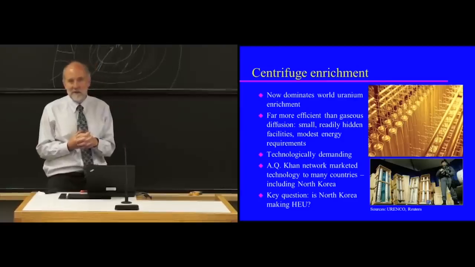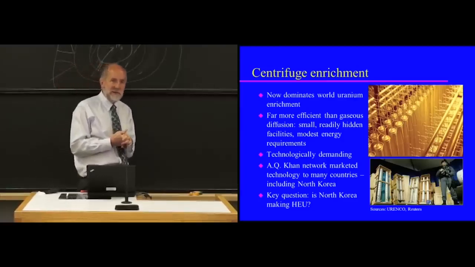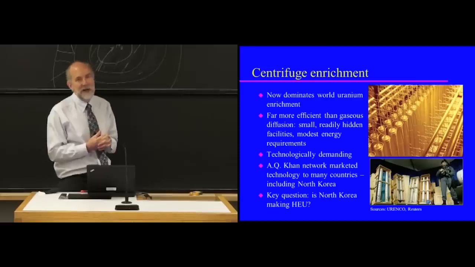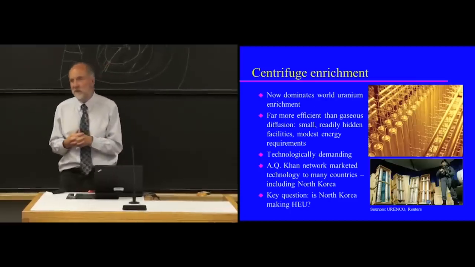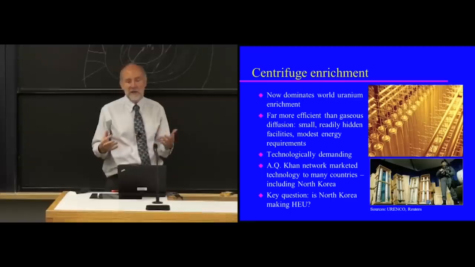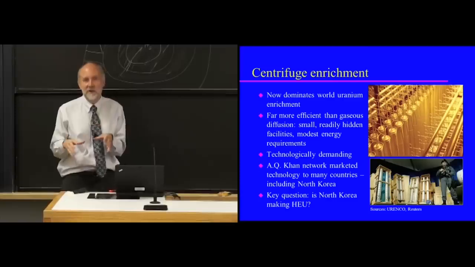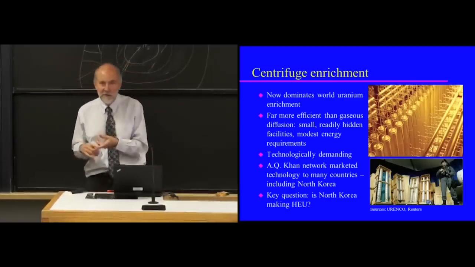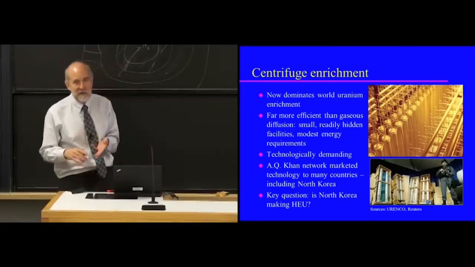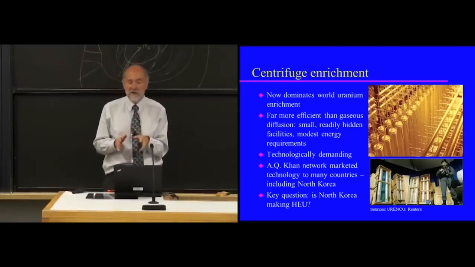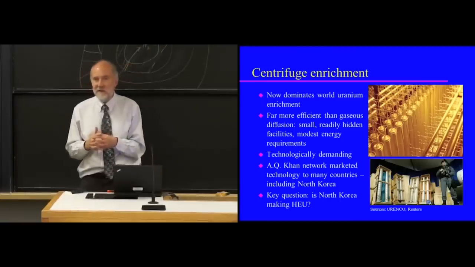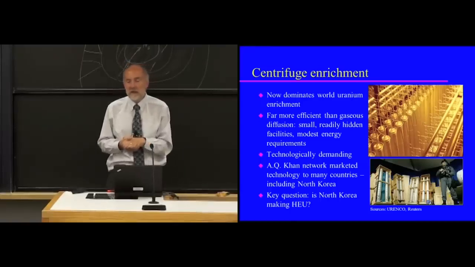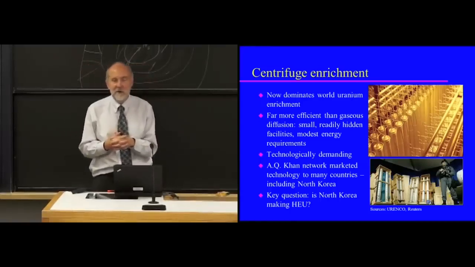It is technologically demanding, although, as I'll mention, there are debates as to how technologically demanding it is. The black market network led by Pakistan's Abdul Qadir Khan was marketing centrifuge technology, which is really the technology of choice for the determined nuclear cheater, to countries all over the world. They sold them to Libya, they sold them to North Korea, they sold them to Iran. They also provided, at least to Libya, a bomb design and possibly to their other clients. They attempted to sell centrifuges to Saddam Hussein's Iraq. They didn't have a chance to take them up on the offer before the 1991